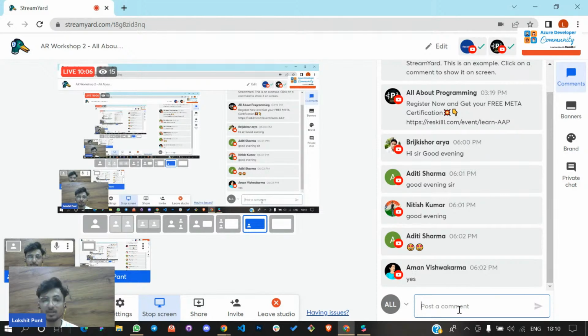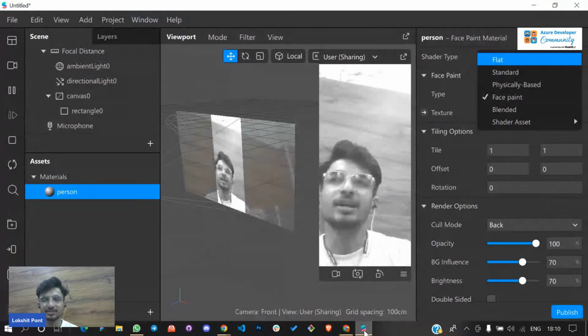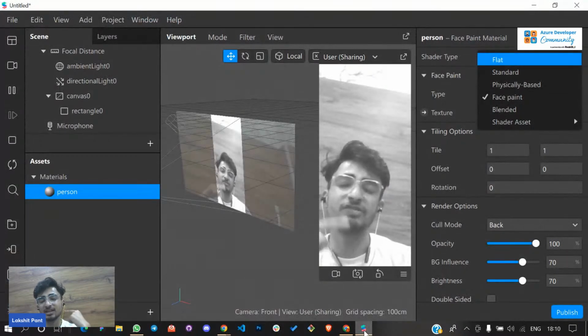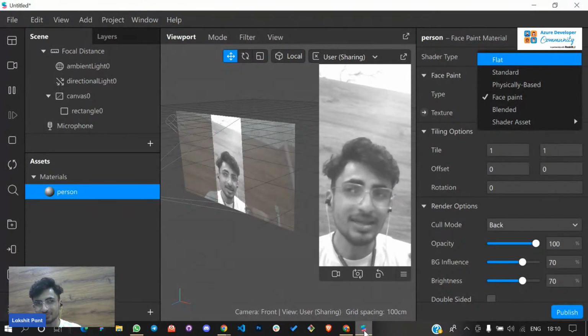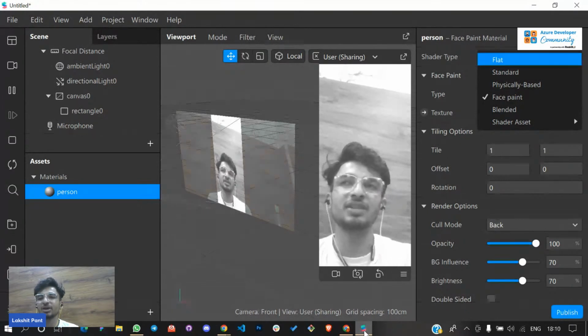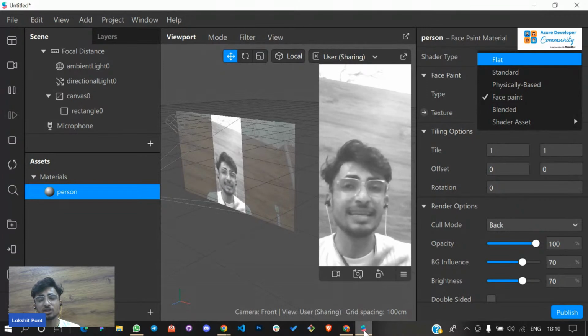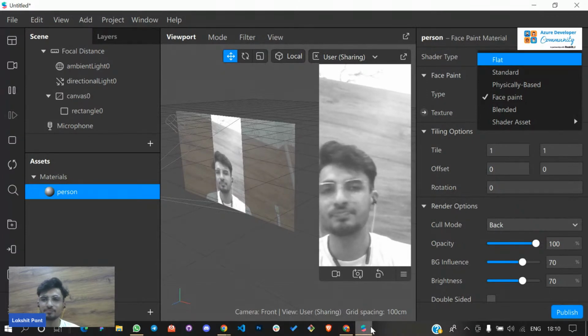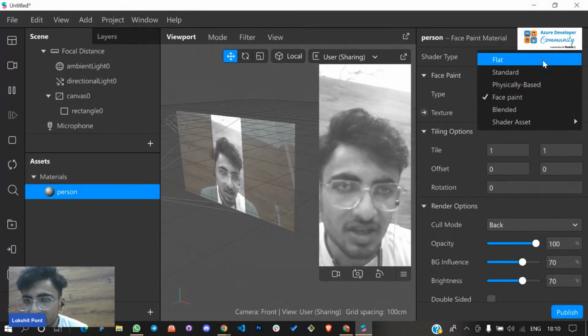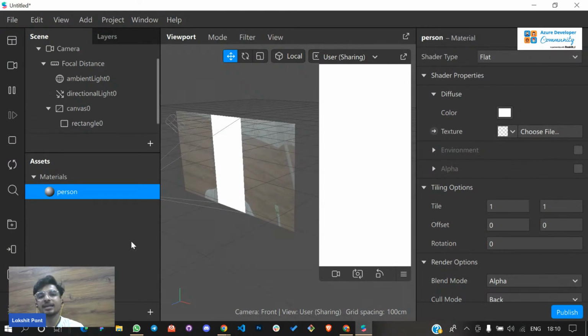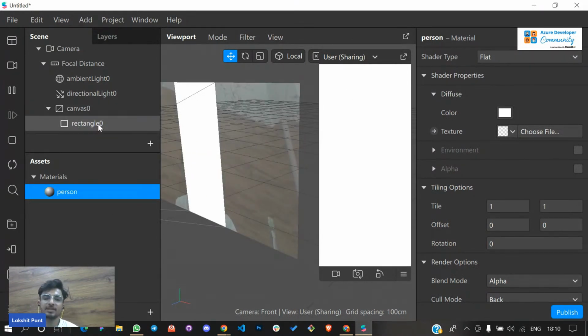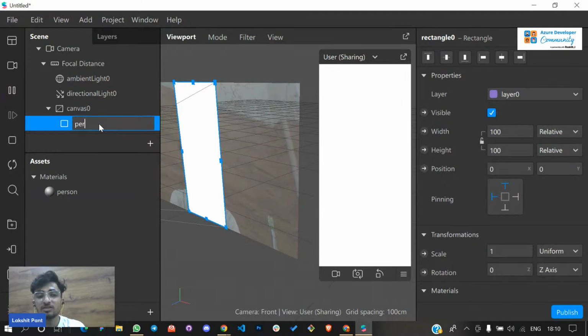The same goes with the blended property. In the blended property, you are going to mix everything. It will mix your face color texture. It will mix the outside texture that you are using. It will also take the screen texture, everything. But for today's workshop, we are going with flat. Now, there are two very important concepts that you have to keep in your mind. I'm just renaming it to person. Okay. Now,